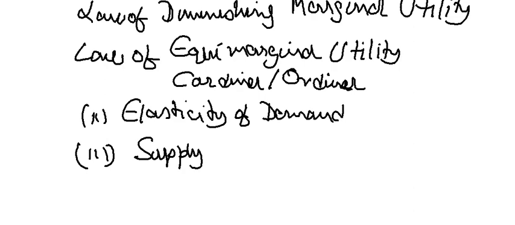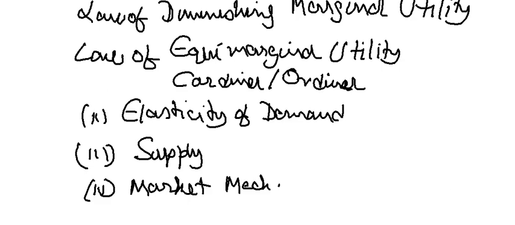The next point here we have to know under this part of syllabus is market mechanism. Okay, which is called market mechanism. Here you have to study the equilibrium and disequilibrium. Okay, that is equilibrium price and effect of changes in demand and supply on the equilibrium price. You have to know simple applications of tools of demand and supply.